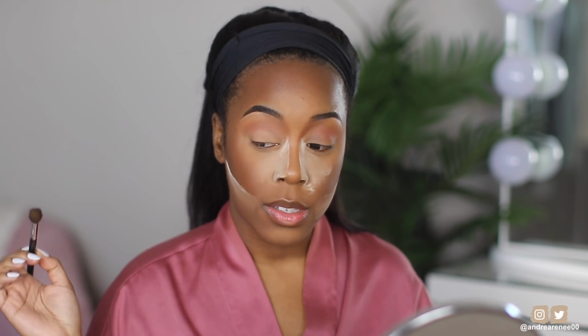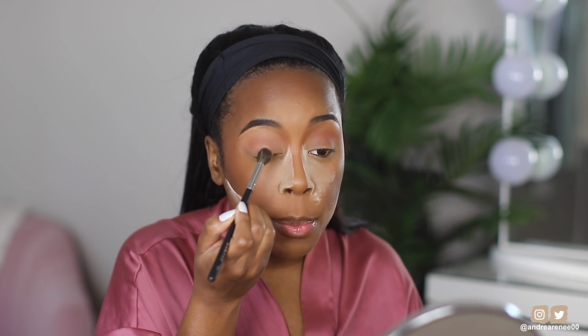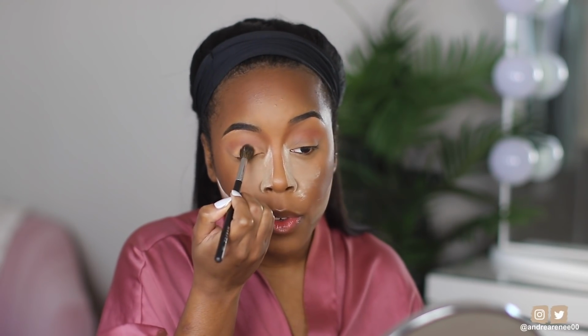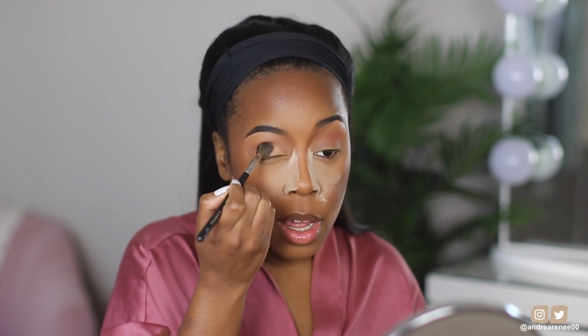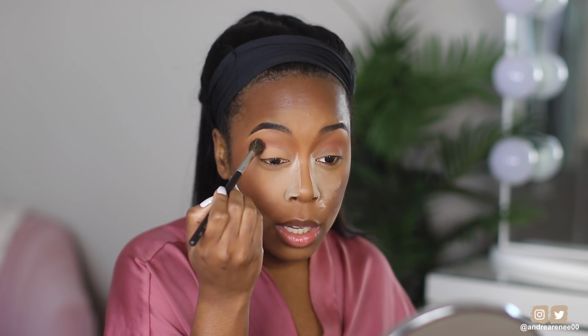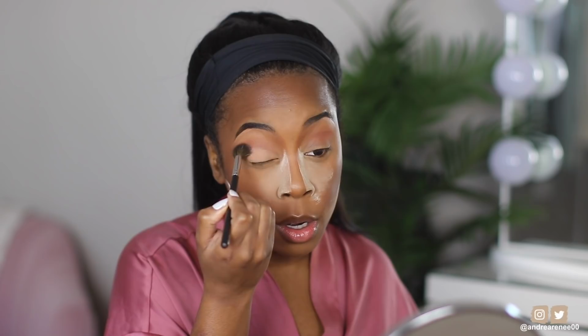But I like this. I like how this looks. I'm gonna take a little bit more and tap it on the lid. See how you can build the color up too if you want. And then after I do that, I'm going to kind of wipe off the brush on a napkin or a cloth, and then go in. I'm not putting it in any more of the shadow. I'm just gonna kind of blend it into the crease so both of those colors can fade into one another,